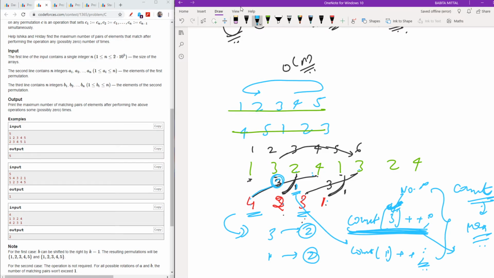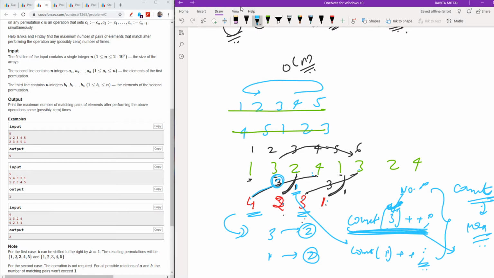Then I will increase my count at every difference value, doing plus plus, and for everything I will check what my answer is, and from all these count values I will take the maximum count value, and that will be my answer.